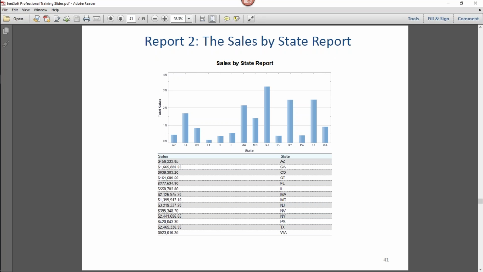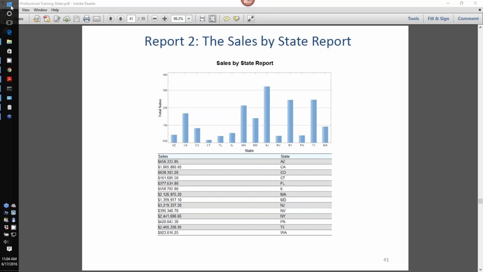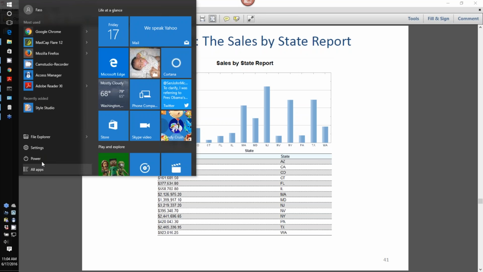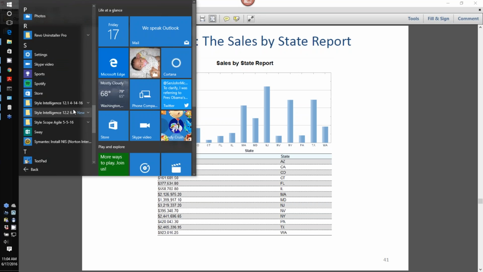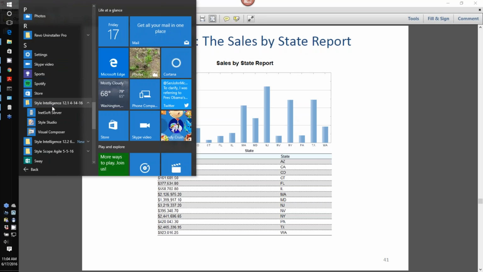And as I said, the tool that we use to create reports is called Style Studio, which some of you are probably familiar with. So I'm going to look for that. All right, in my installation program group here, find Style Studio.